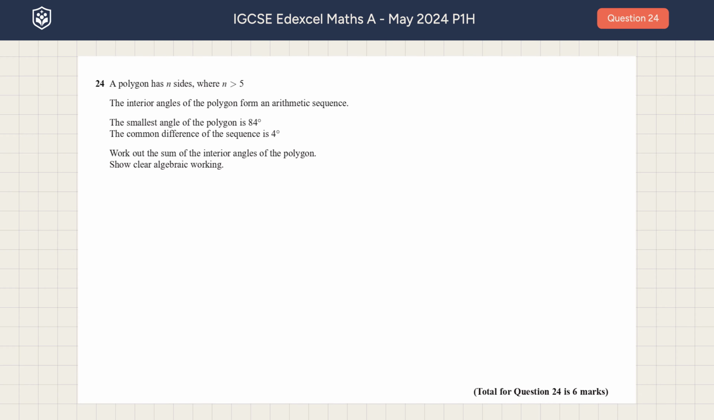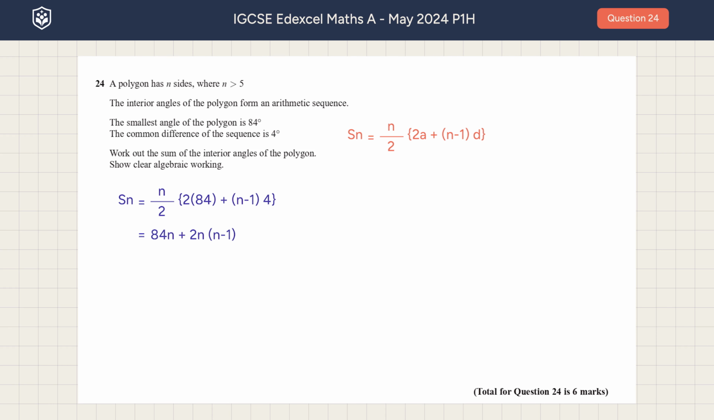So the formula for the sum of an arithmetic sequence is n over 2 times (2a plus (n minus 1) d), where a is your first term, n is your number of terms, and d is the common difference. First, we need to figure out the value of n. So the sum of n terms would be n over 2 times (84 plus (n minus 1) times 4), which equals